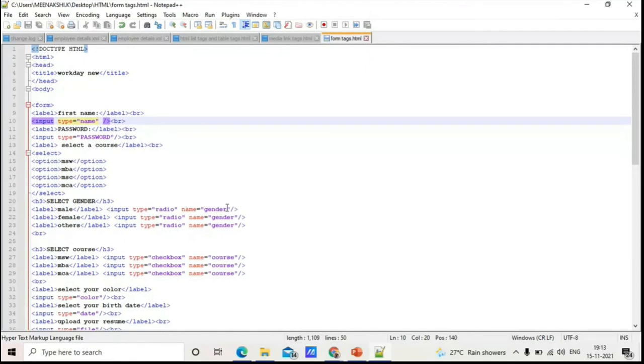And why I have given this name is, see, without the name, multiple options will be selected under radio button. If you give name and you are grouping all these options under one radio button, for this purpose only you are giving name equal to gender. If you are not giving name equal to gender, multiple options will be selected. There will be no difference between the drop down list or checkbox or the radio button. So to have a differentiation, or to have only one option to be selected, this name equal to gender should be done within the input type. So this is the use of the radio button, and this is the tag for that.